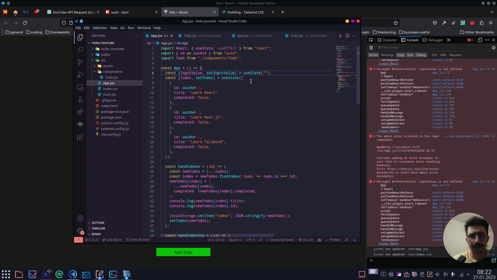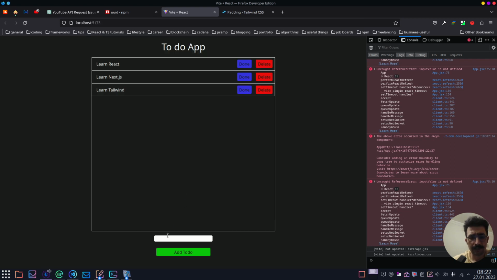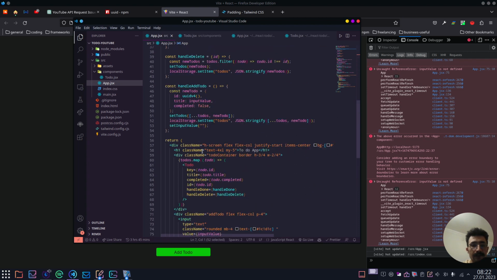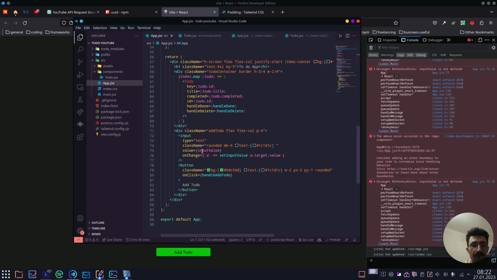Again, we are using the useState hook. We have inputValue and setInputValue. Because we need to get this input, my new to-do, it should be such that whenever I click this add to-do button, it should do something. So how do we do it? First off, I guess, yeah,